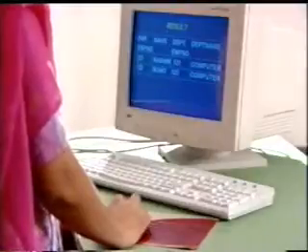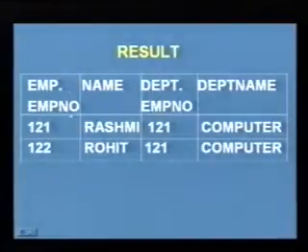This is because the Cartesian product will give the number of tuples equal to 4, whereas as we have seen in our table, only one tuple should be returned, saying that employee number 121 is in computer science department. The result will be as follows: employee number 121, name Rashmi,